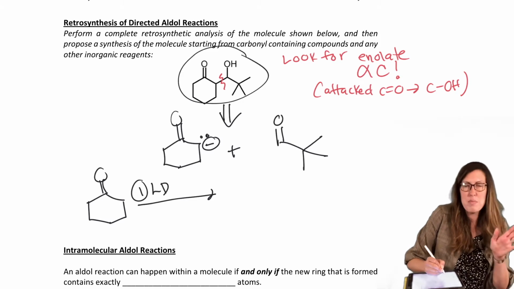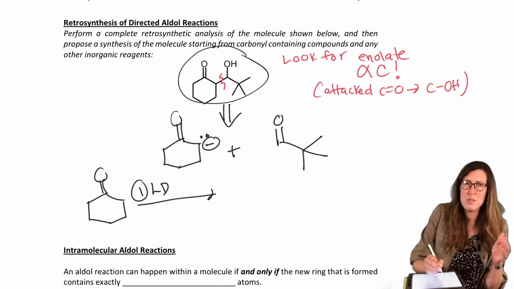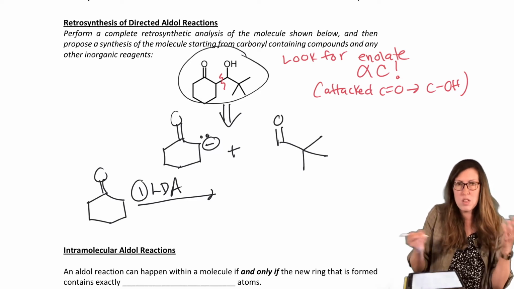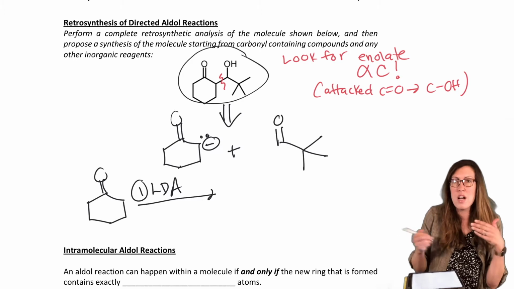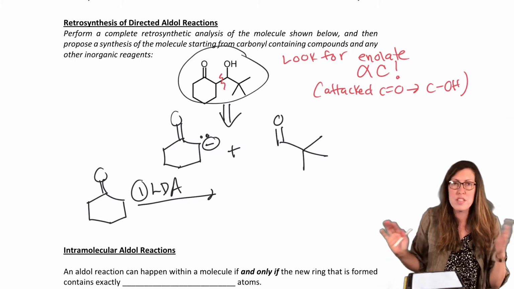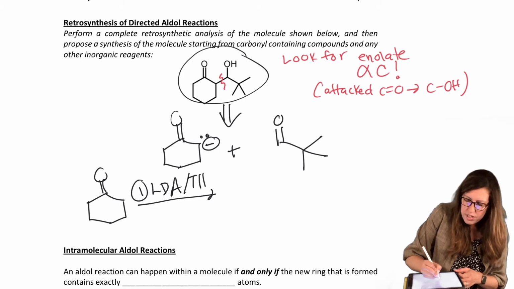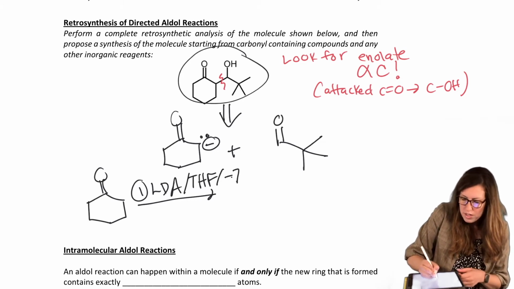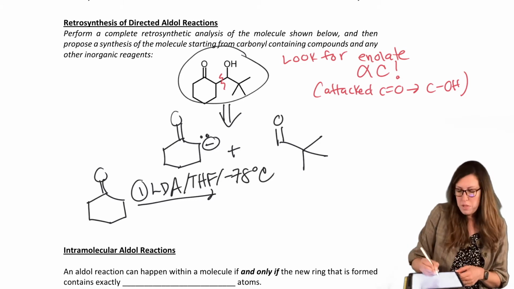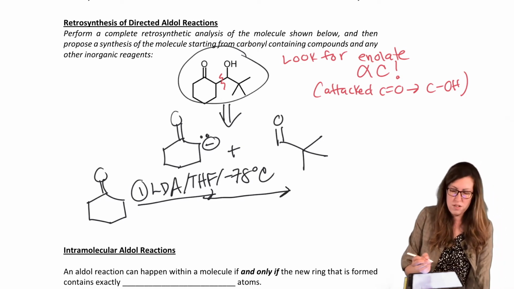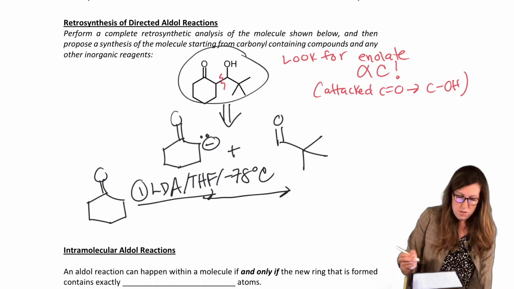And this is going to probably be our favorite way to do crossed aldehydes, by the way, because the other methods are pretty limiting. They have structural limitations, whereas this one just makes you rely on the fact that we have a strong base and we're not going to add the other thing till later, so it doesn't get to choose whether it's the enolate or not. LDA, and you'll often see conditions for this like THF and even cold, -78°C, because it is very reactive and it's not necessary to heat it. So to avoid overreaction, we keep it cool.